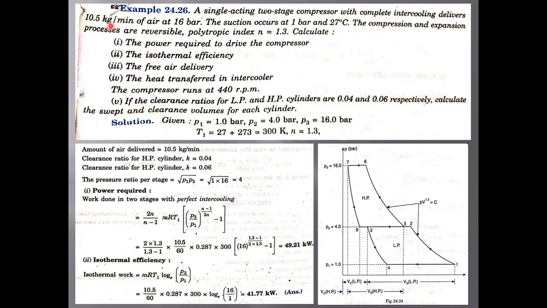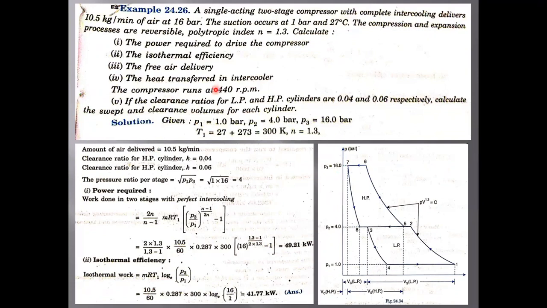And the m value he has given, which is 10.5 kg per minute, and the delivery pressure, which is this one, P3, he has given as 16 bar, and the suction occurs at 1 bar. That means suction is here. This value he has given. Intermediate pressure we need to find out. We already know the formula for finding the intermediate pressure. Of course, even if he has not given the intermediate pressure and has given the delivery pressure, or given the intermediate pressure, we can find the delivery pressure from this relation. So if any two are given, the other one we can find out.